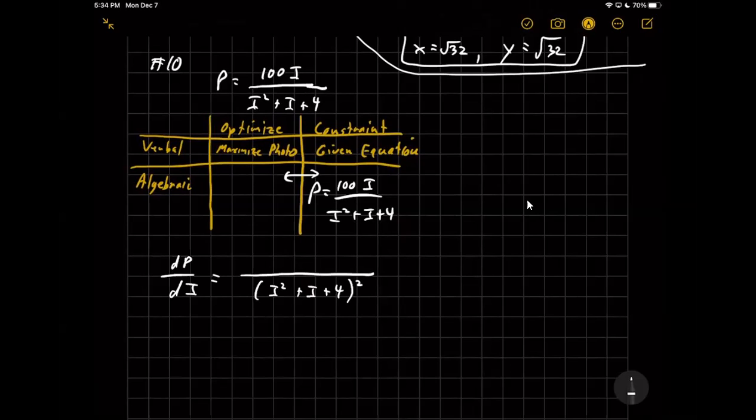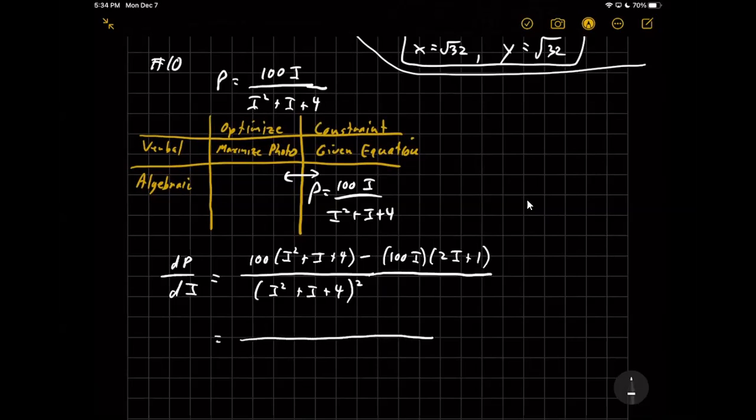When we go to do our crisscross, we'll have 100 times I squared plus I plus 4. That's our U prime V, minus UV prime, that's 100 I times the derivative of the denominator, so 2I plus 1, all right? And then we better simplify this. So it looks like the numerator has